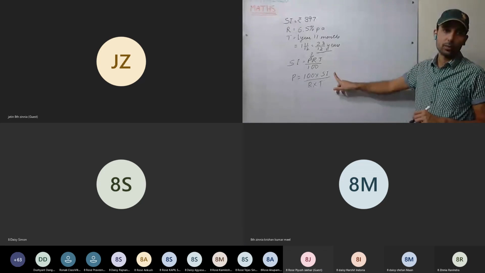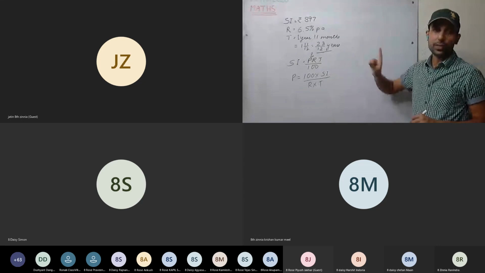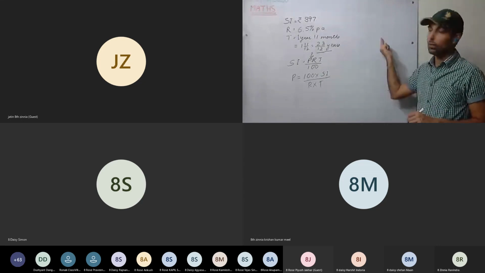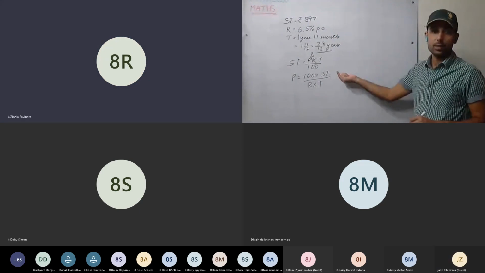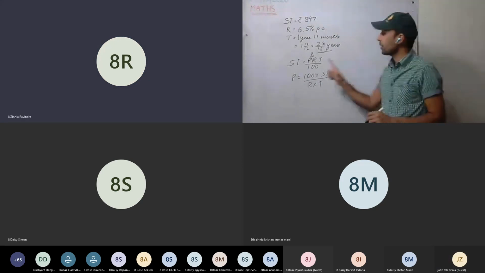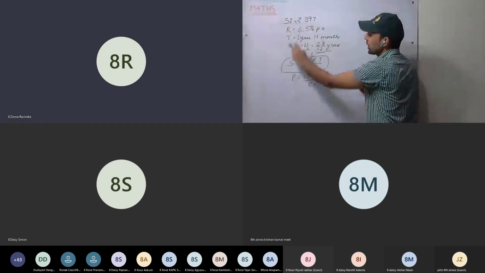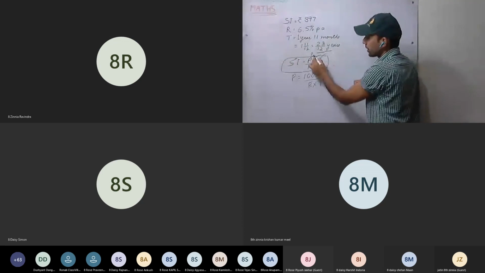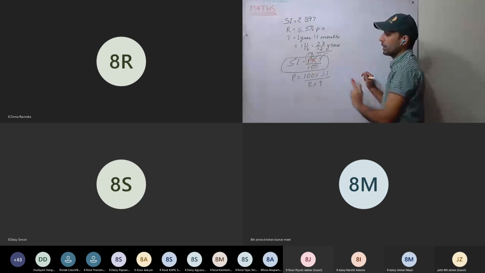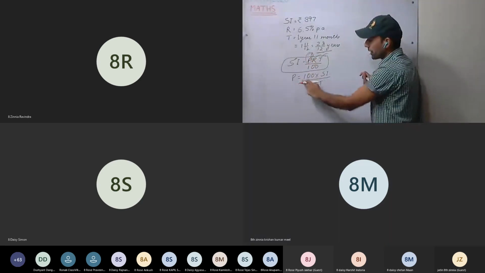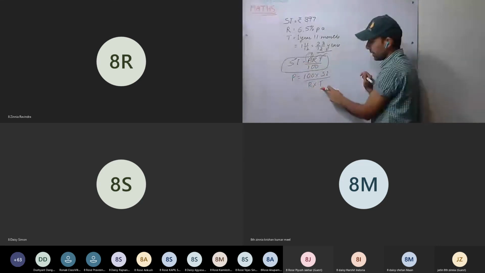Anyone have doubt here? Ask now. These are very easy questions. What you have to do, read the question properly. What is being given, write them all. Sir, first we have to find SI? See here, this is the formula we mainly use. Only this formula you have to remember. Now see in question, SI is given, R is given, T is given. P, principal is not given. We have to calculate P. So how to calculate? Using this formula, we can calculate the P. P equal to 100 into SI divided by RT.